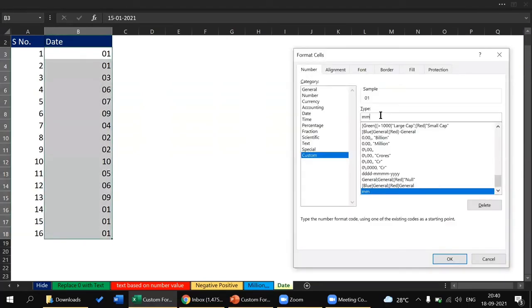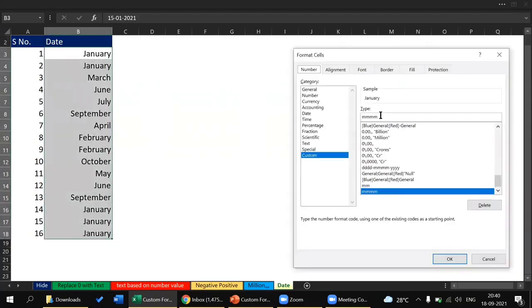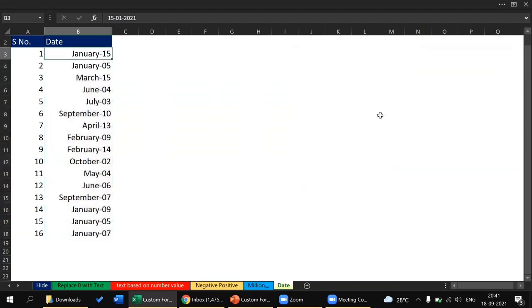If you want to get full month names, type 4 Ms. If you want to know the dates and months only, not years, then you just click on it.